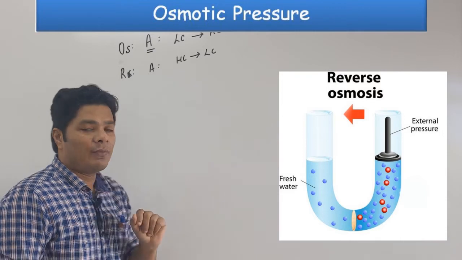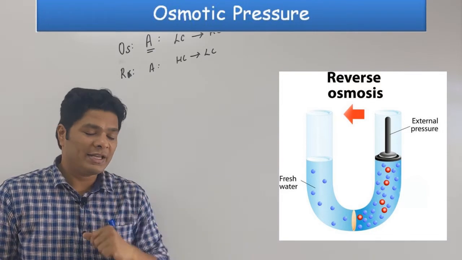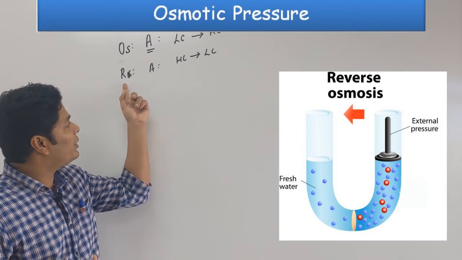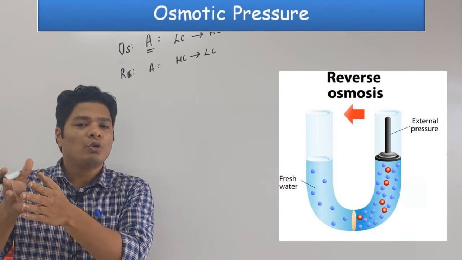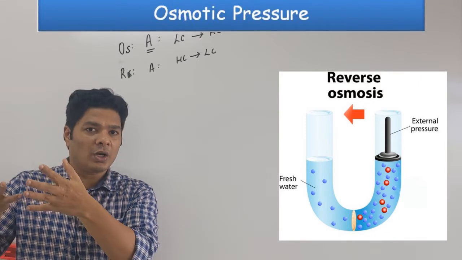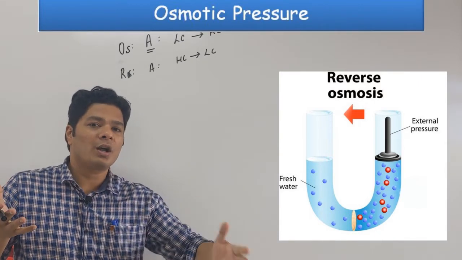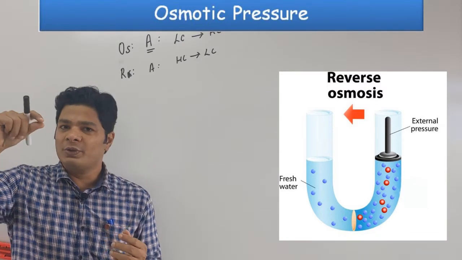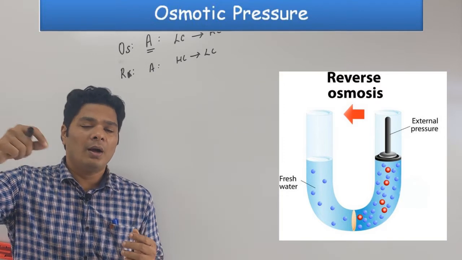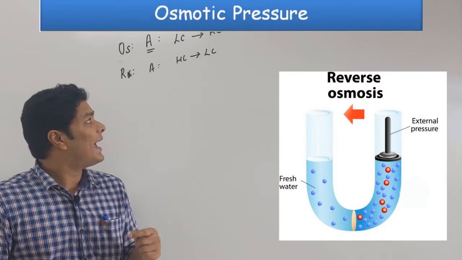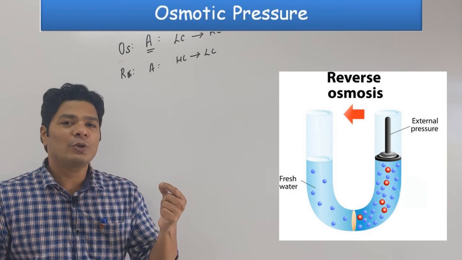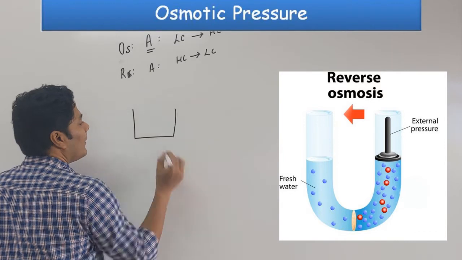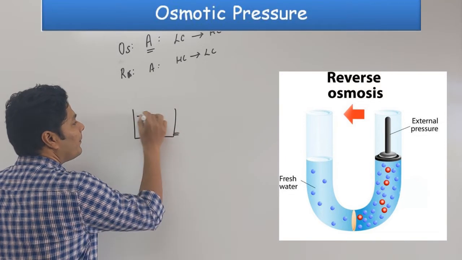Solvent is moving. So take for example the water from your well or seawater. It has a high concentration of solute in it. I put pressure, reverse osmosis happens. So the water moves from the higher concentration, the water you just got, into lower concentration, meaning the water coming out is going to be very, very low in salt, ready for you to drink. There is a small tube that comes out of the RO systems. That's actually the solution that is very high in solute. So imagine, there is a small tube here.